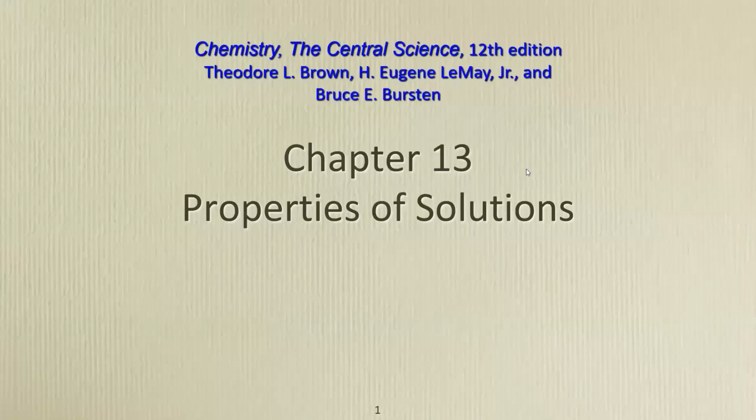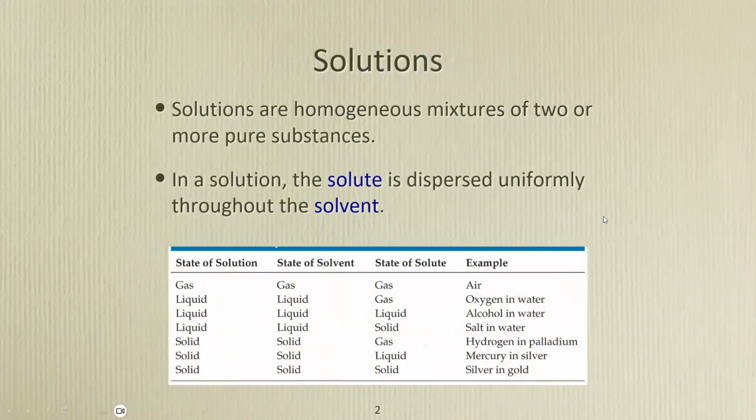All right, so we're going to be jumping back a few chapters now to chapter 13 to look at solutions and different properties of solutions, including different ways we can represent concentration, as well as different factors that are going to influence the solubility. And when we're looking at a solution, we want to recognize it's going to be a homogeneous mixture, meaning that we're going to have an even distribution of the different materials in there throughout the entire